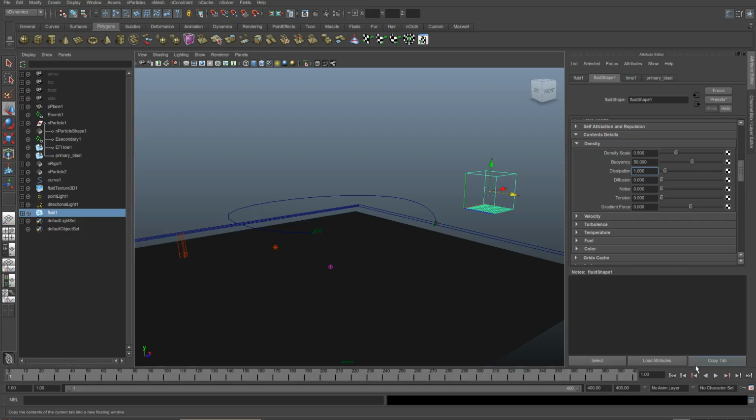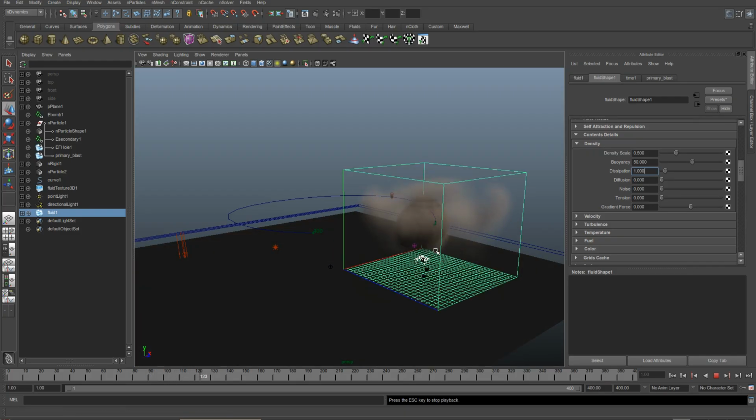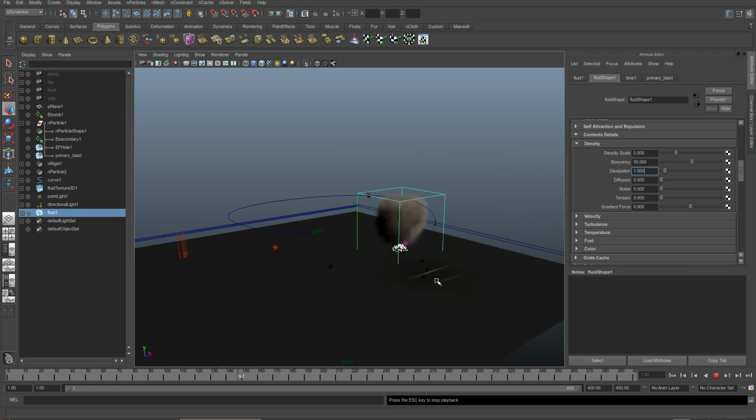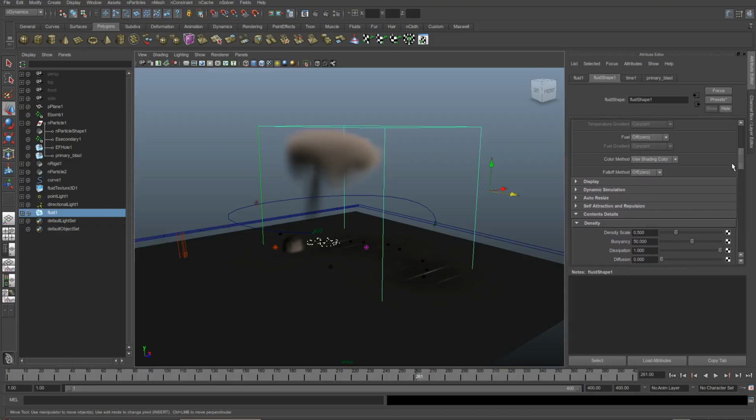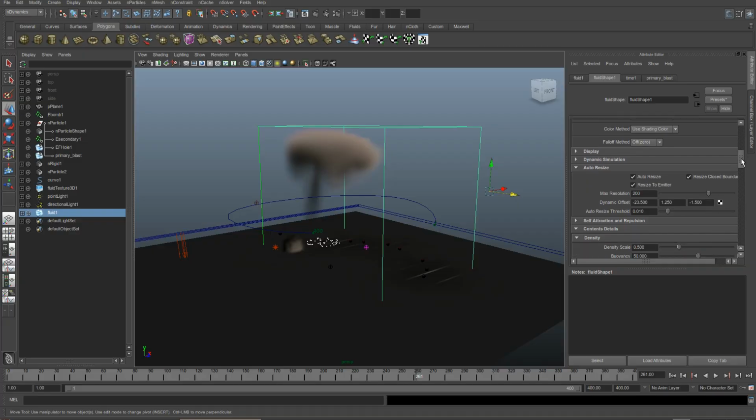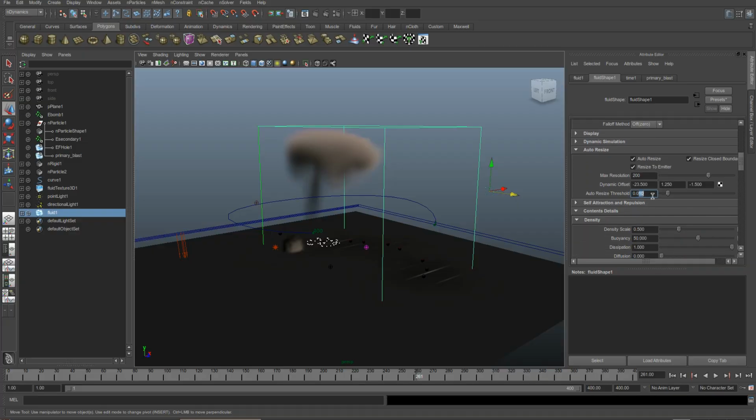It's by default set at 1, so I'll just click play here, and you'll see we get this great big billowous cloud, little too billowous, and you can see it seems to be blocked a little by our auto-resize container. This can be a bit of a problem with really fast moving fluids. If you just select the auto-resize container and you go up to auto-resize, you should be able to calm that a little bit by setting that to 0.001,